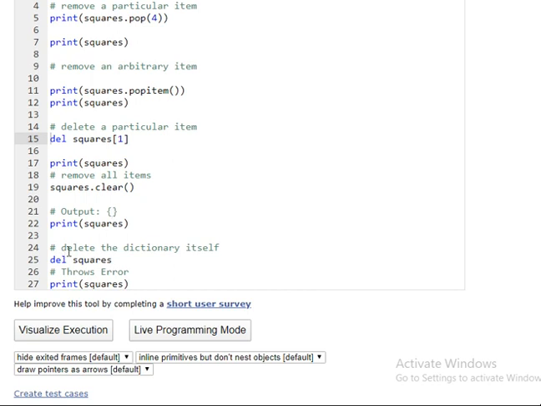So next we are trying to delete the entire dictionary itself. We were holding the dictionary in the previous case. Now we are going to delete the entire dictionary by the name square. Suppose after this we try to print square, that is, we try to print the dictionary by the name square, then it is going to throw an error. So we are going to visualize now how the code executes step by step.